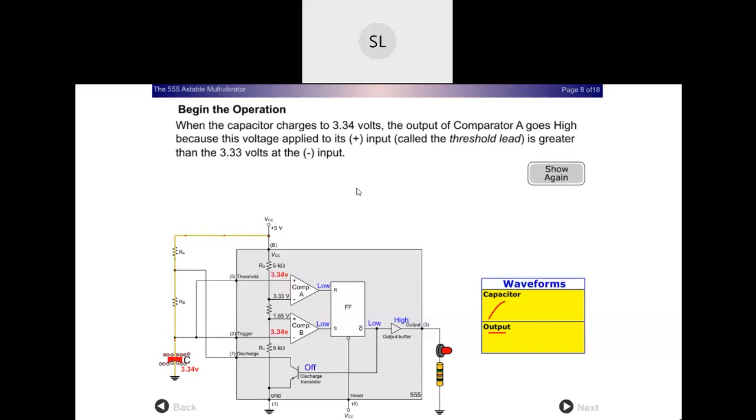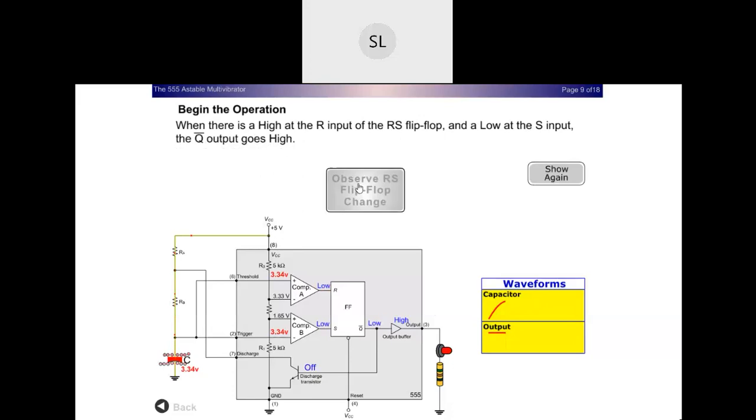Okay, now see here, once the voltage across this capacitor reaches two-third VCC, that is it goes beyond this 3.33 volts, then the output of this upper comparator will be high. Once it is high, it will reset the flip flop. If it resets the flip flop, this Q bar will be 1, correct? So if it is 1, then the output of Q bar is given to this inverter and the output of the timer will be switched to low.